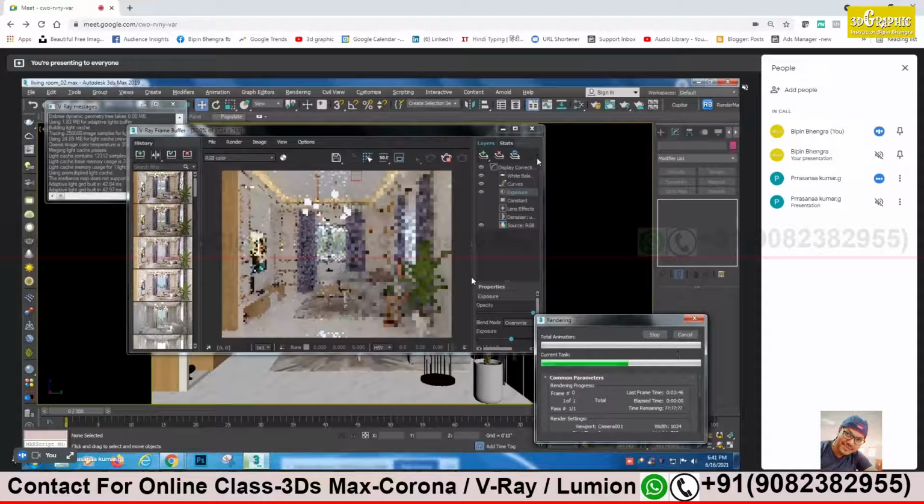Any doubt, any questions, Prasanna, so far, whatever we did? No, sir, I can follow. It's quite simple, no? We also covered a similar kind of effect on the exterior. Here we have just increased and decreased the light intensity. But the process is the same, no? On the exterior also we worked on individual lights like that. Here also the same. Whenever you find any kind of difficulty in lighting, just try to turn off all the lights and check with one, which light is giving more problem, and you will get the solution. Okay.